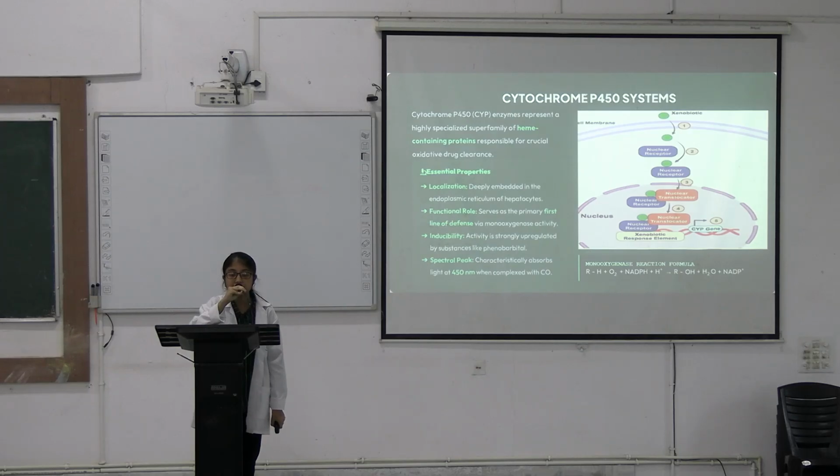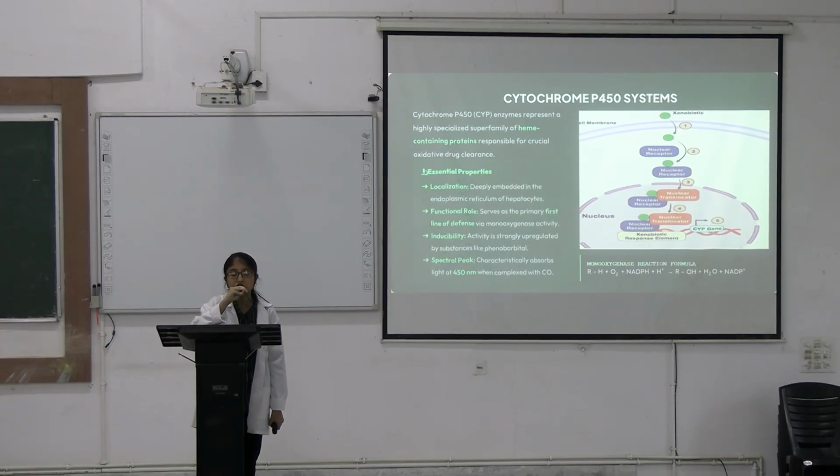As the name suggests, these enzymes will absorb light at 450 nanometer when complexed with carbon monoxide. Almost all the drugs in the body are metabolized using this class of enzymes. For example, the anticoagulant warfarin will be metabolized using cytochrome P2C9, while ethanol will induce the enzyme cytochrome P2E1, which also induces many carcinogenic agents. So now I will